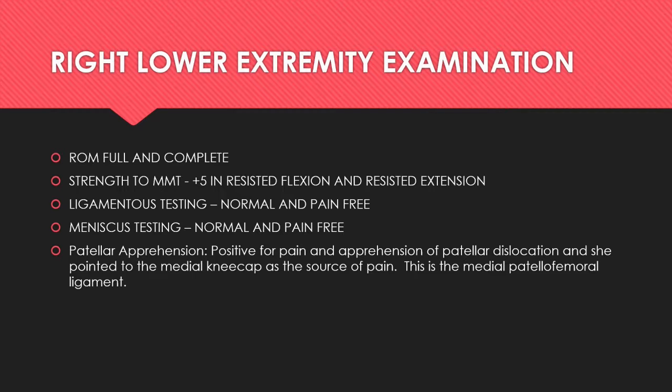Strength to resisted manual muscle testing was +5 in resisted flexion and resisted extension. Resisted flexion was tested in 3 positions, and resisted extension was tested in 5 positions. All of those had impressive strength, at least to manual muscle testing. Ligament testing was consistent with the findings on MRI, with no findings for laxity or pain circumferentially around the knee,